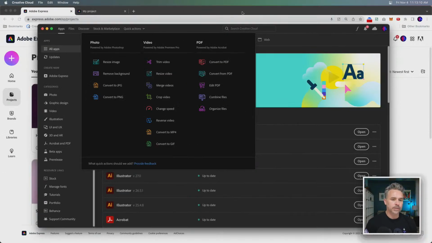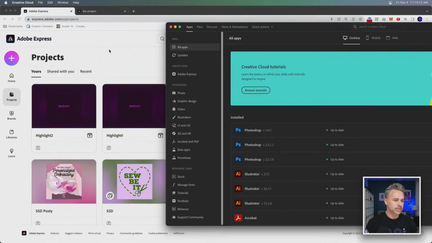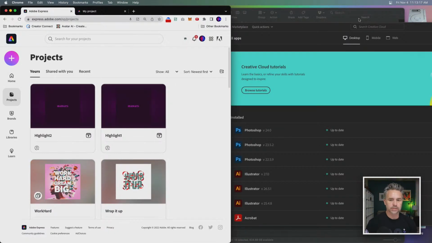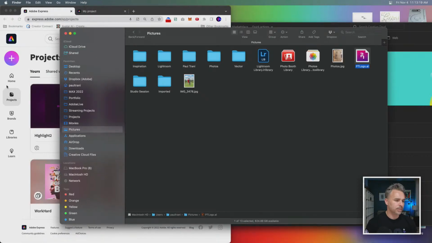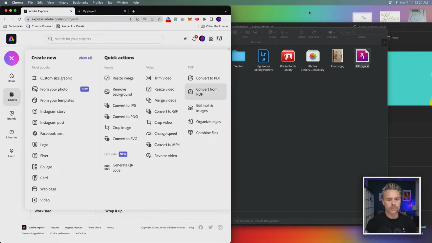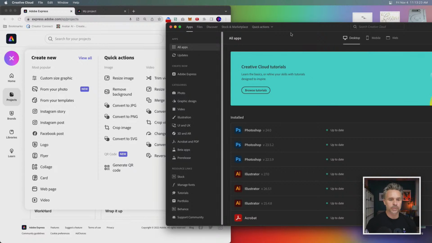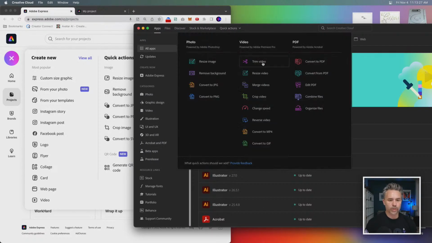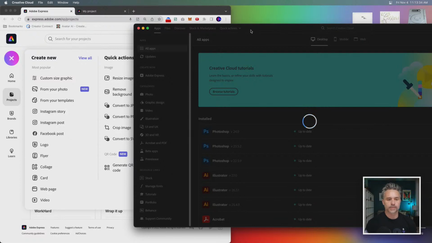So again, just to recap, this menu, same as this menu right in here. Boom. Clean this up. Right here. Same thing as what's right in here. So we can go to quick actions, where we will speed it up or crop the video. Let's see what we could do for crop.